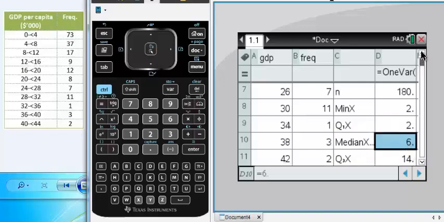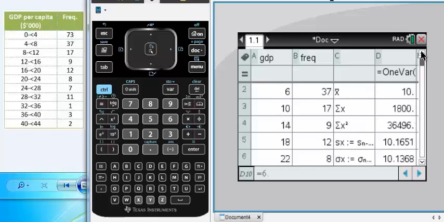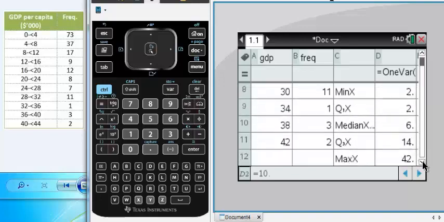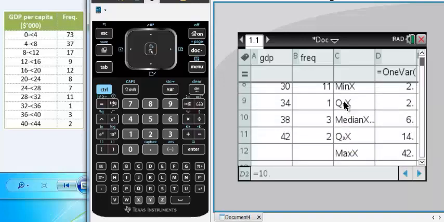We can also see the mean value x bar is 10, and the standard deviation Sx is 10.165. So in this way we can get our spread data in terms of mean, standard deviation, minimum, maximum, and quartiles. From there we can calculate the range by subtracting 42 minus 2, and the interquartile range will be 14 minus 2, that is 12.